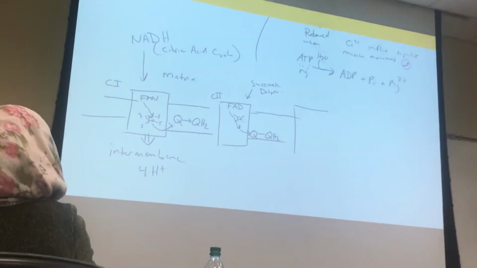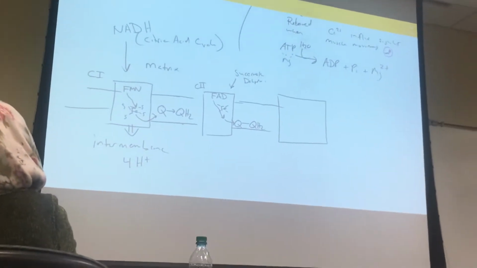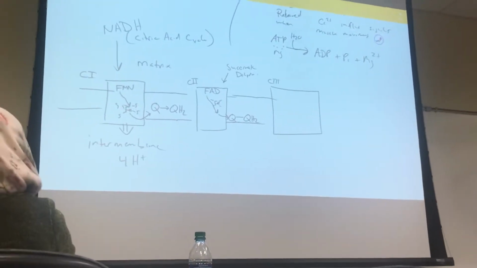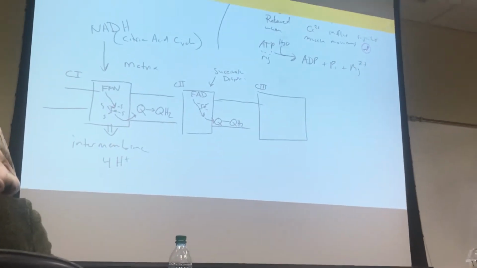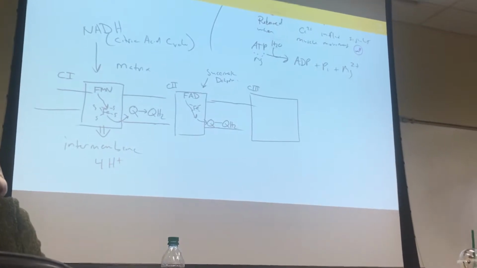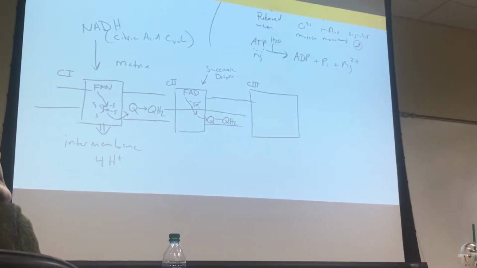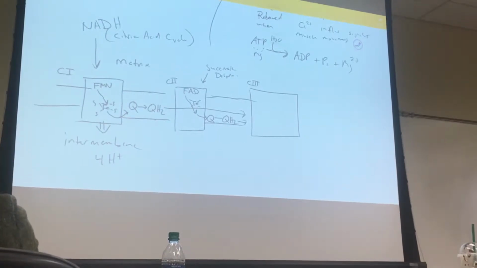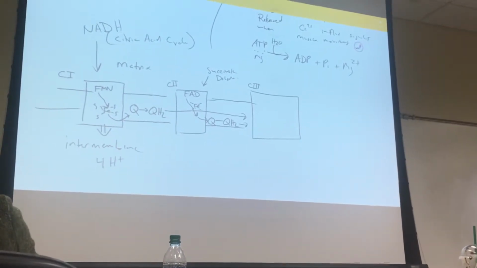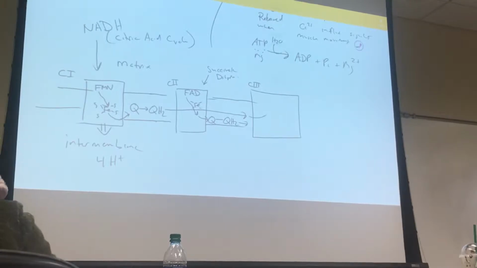Then those all get taken here to complex 3. And this is where we do that cool Q cycle, right? So we can send this over, or we can send that. Okay? Now the Q cycle, right, is where we send,